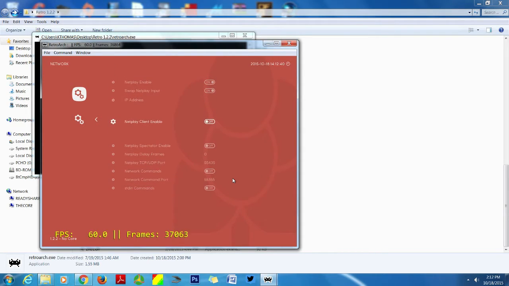Also, of course, this depends on if you're the host or if you are a client. If you are the host, you're just going to give your IP address to the person to enable. I think only if you're a client would you enable the NetPlay client, if I'm correct. If I'm wrong, just please let me know. I haven't really gotten a chance to try out NetPlay as yet, so if you're interested in testing it out with me, let me know. All right.